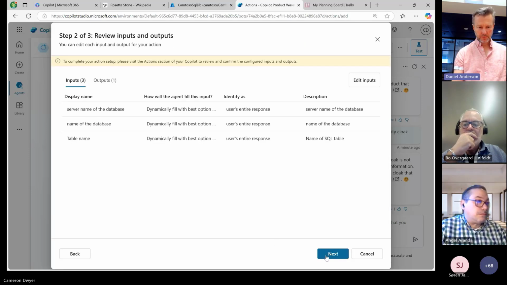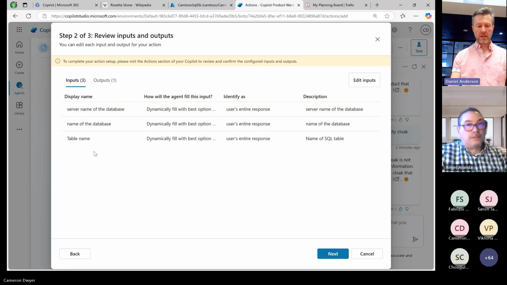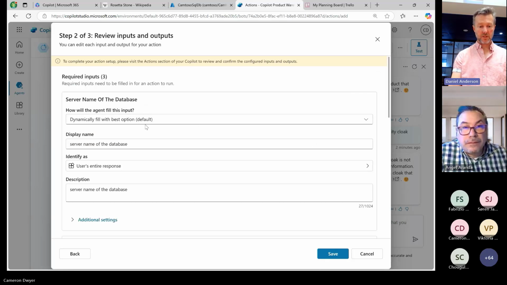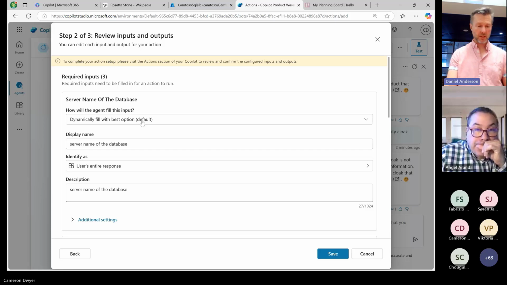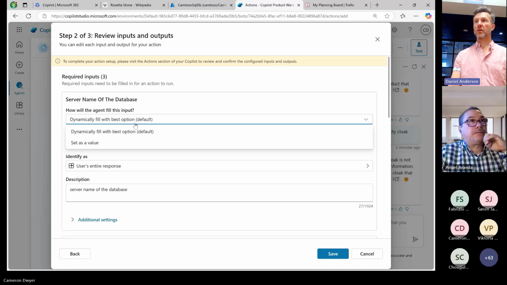Now, why is that important? Actually, I'll come back to why it's important. Let me just connect this up first. So we're using this connector. We're telling Copilot the types of things that it can use this connector for. But this connector being to SQL, it needs us to set up some values. And these ones are the name of the server, the name of the table, that sort of information. Now, Copilot, for some use cases, and I will show you one of these, you will want Copilot to try to extract the values to use in your connector from the prompt itself, from what the user is providing you with. In this case, it's the actual details of the SQL database.